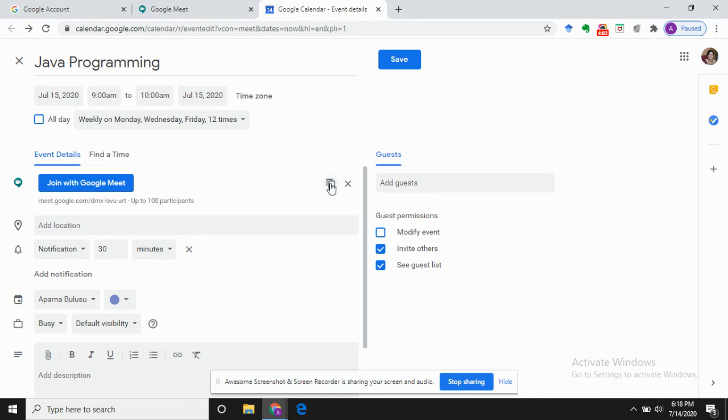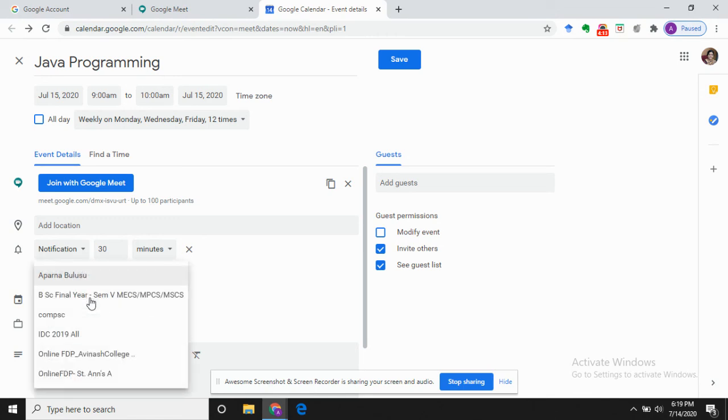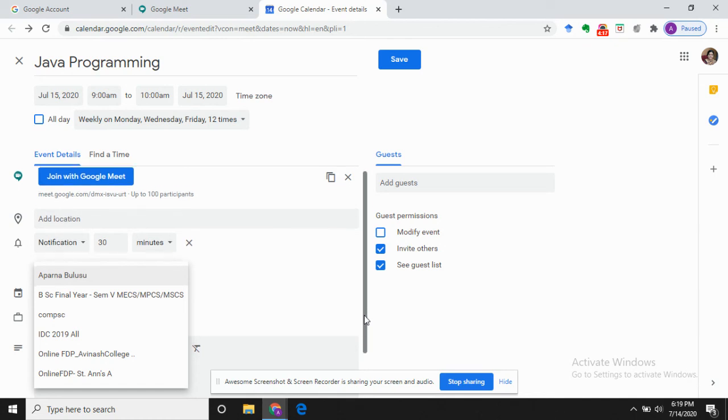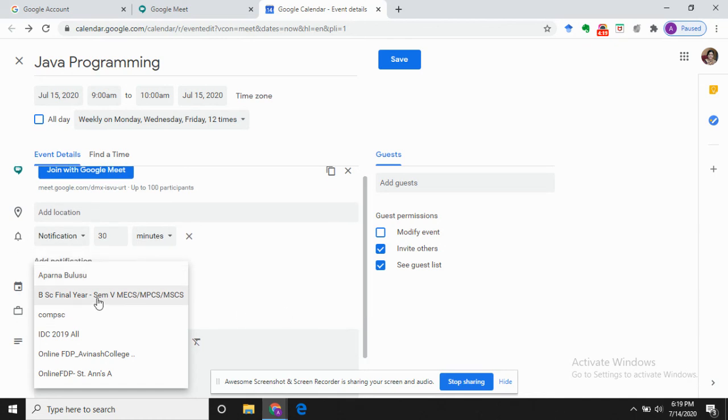One more very good way of sharing this would be, you can directly link this to your Google Classroom. Now, for example, if you come down and look at the various connected Google apps here, you will see a list of all the various Google Classrooms that are already on this particular Gmail account.